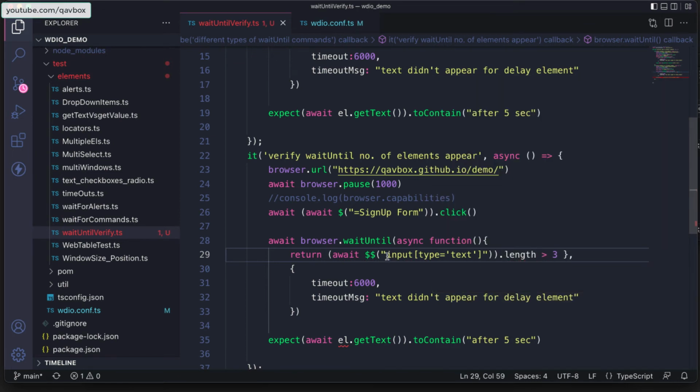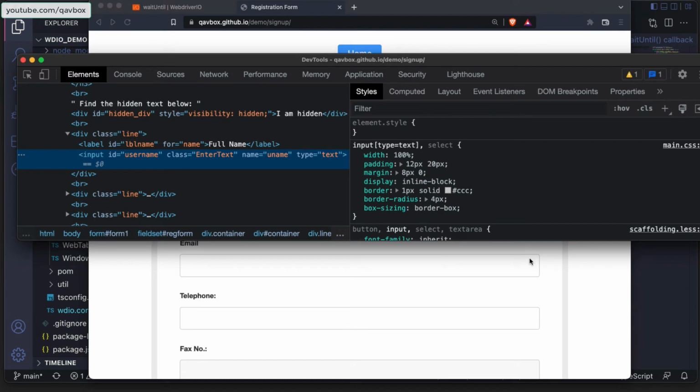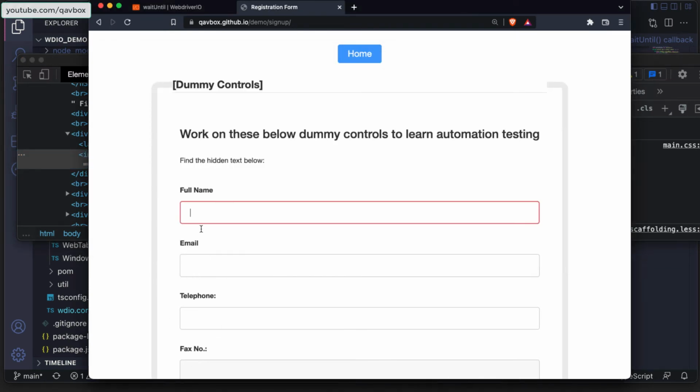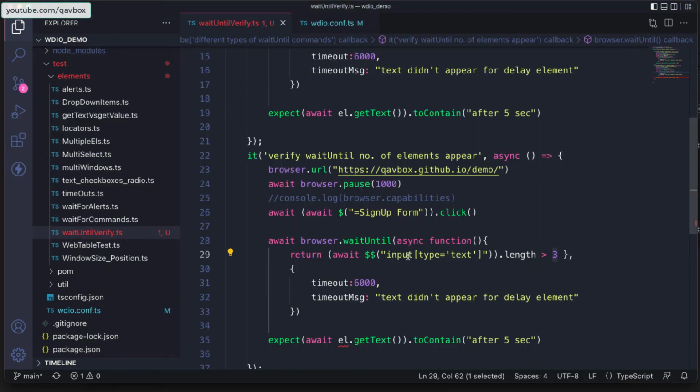So I'm saying that if the length is coming more than 3, it means that the 3 text boxes which I wanted are appearing. Until these 3 text boxes are present, this condition will be false, and it will keep on polling. And if it times out after 10 seconds,